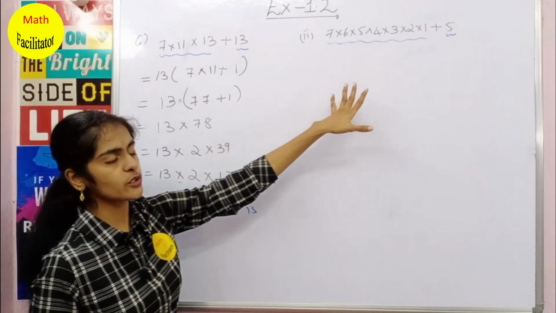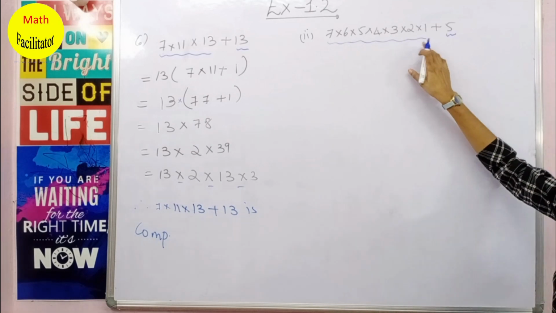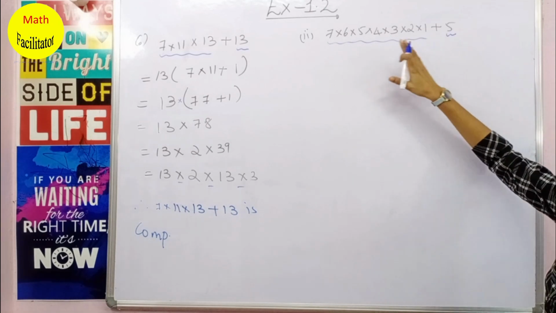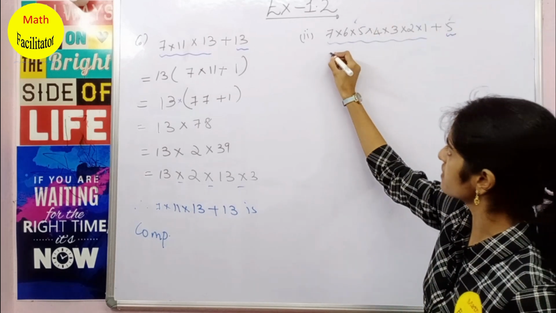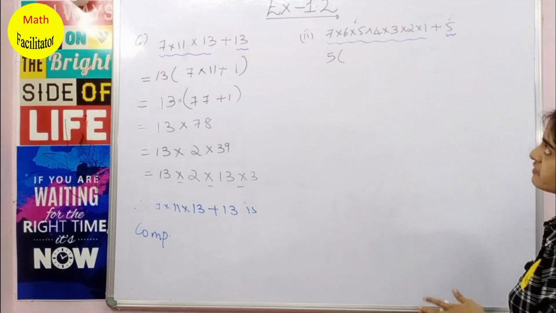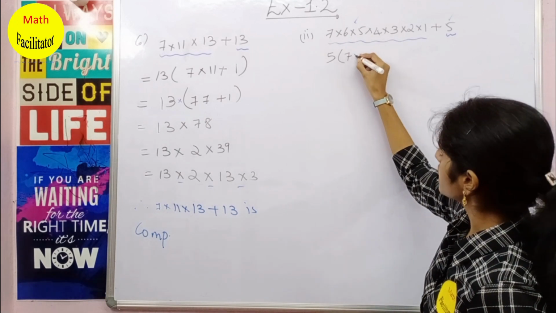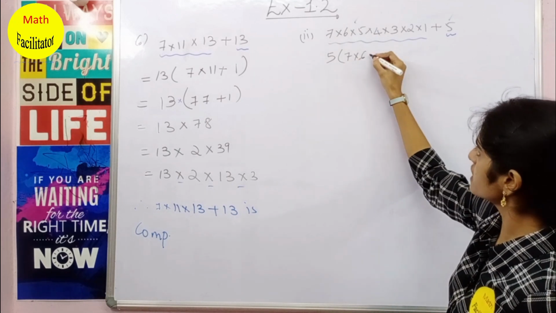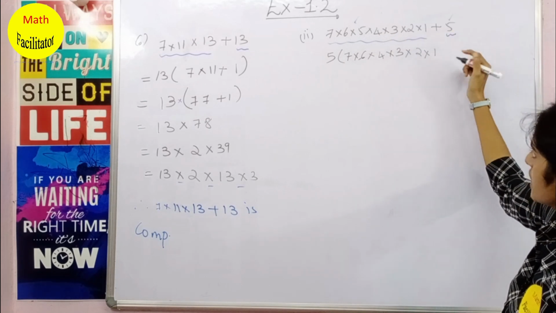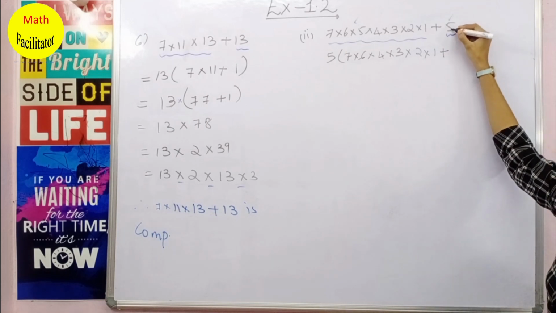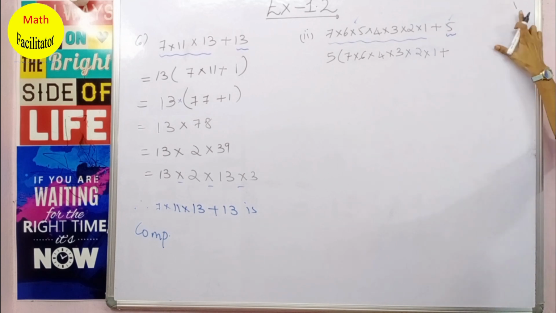So this also we will do in the same way. Just see here, this is one term, as I told you, separated by a plus sign, and this is the second term. Now out of these two terms you can see 5 is common. So let us take that 5 as common. When you take 5 as common, all these leftover terms you will write here. So it is 7 multiplied by 6. This 5 you are taking as common. So multiplied by 4, multiplied by 3, multiplied by 2, multiplied by 1. You have plus, right, plus. Now here you have 5. 5 is nothing but 5 multiplied by 1. You are taking 5 common. So what is left over?